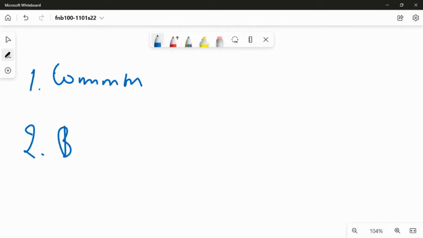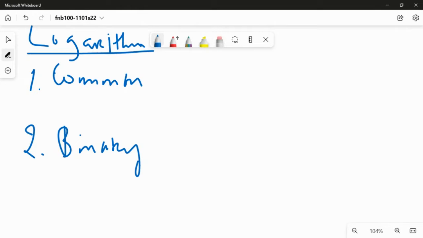Two, binary log. Three, natural log, right? So we talked about what common log is, and the most important thing here is the fact that